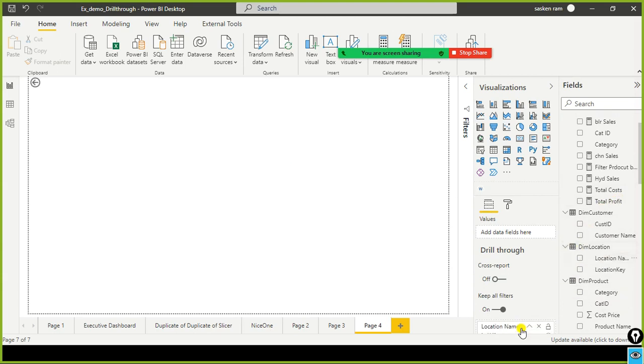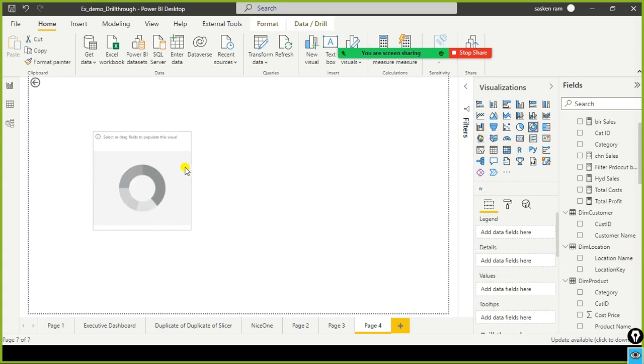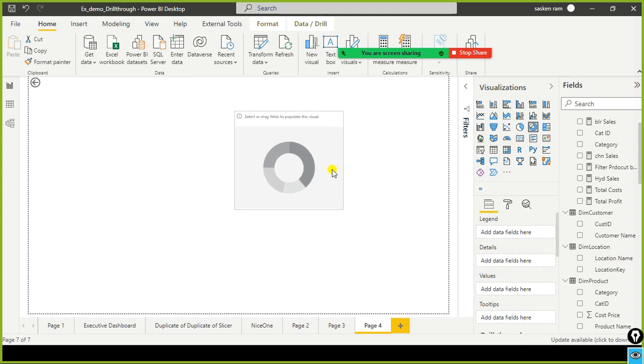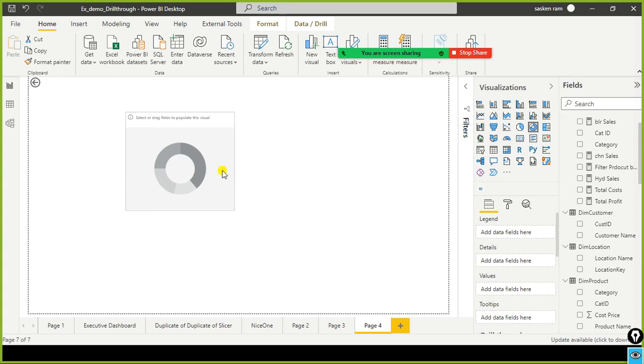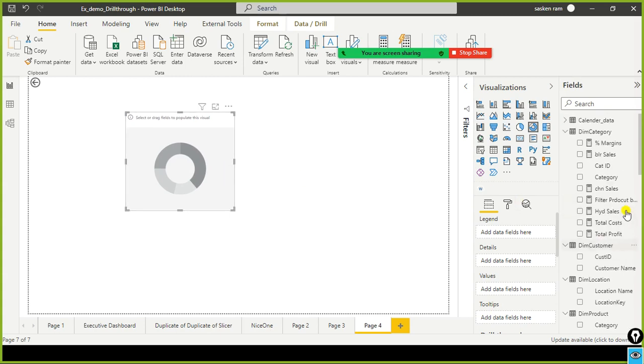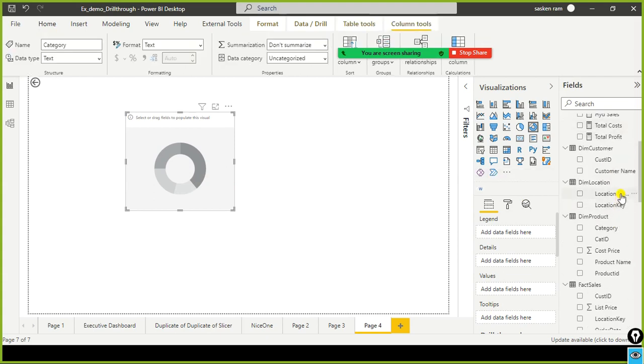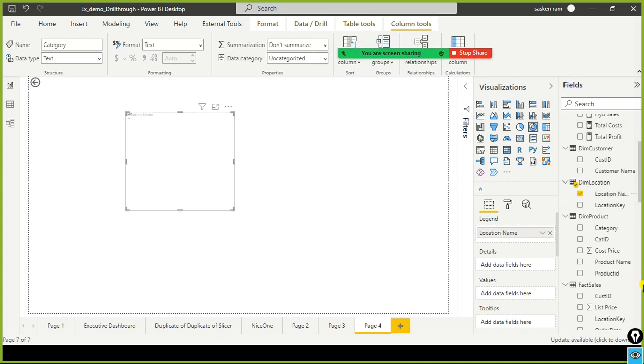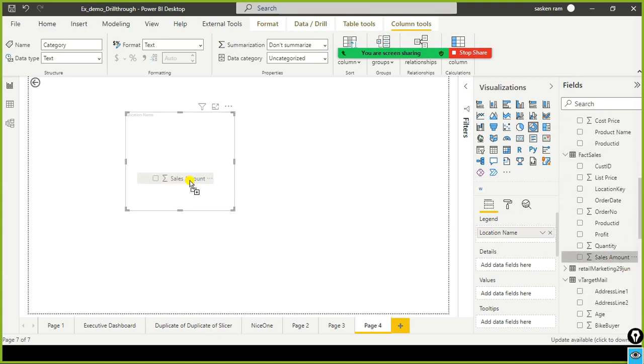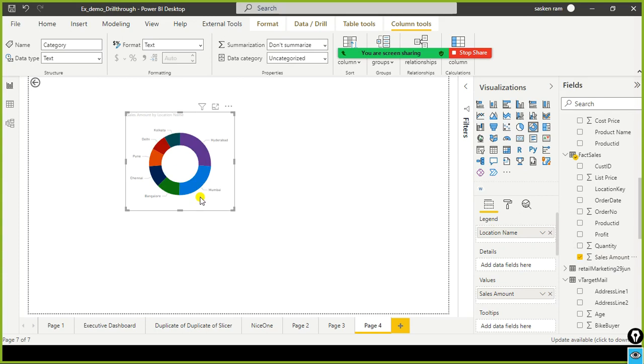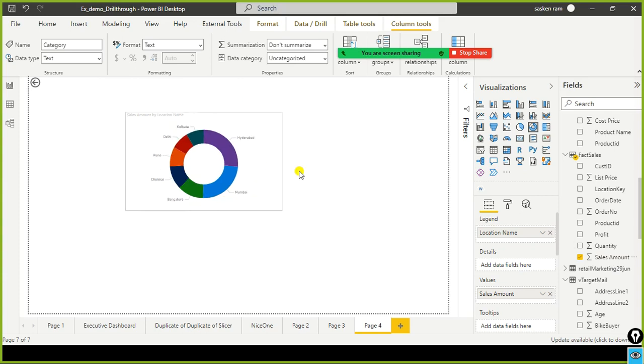I just drag and drop the location here, and I have another visual in this page, specific to my location. So here I go and say location, and sales amount, sales by location.